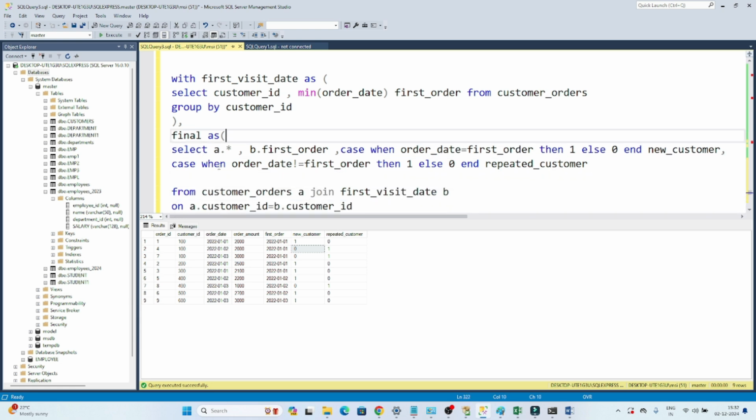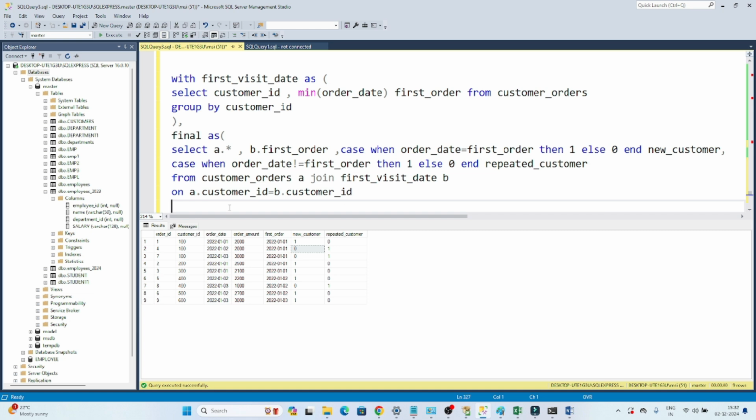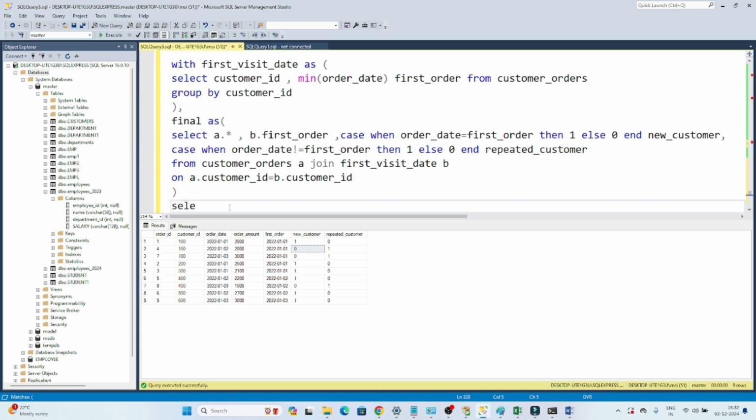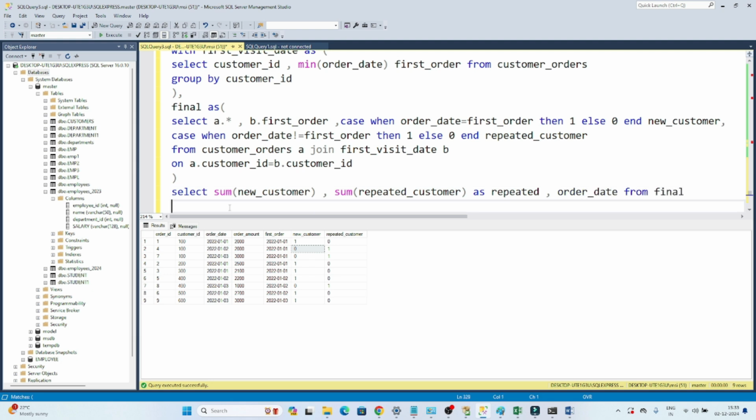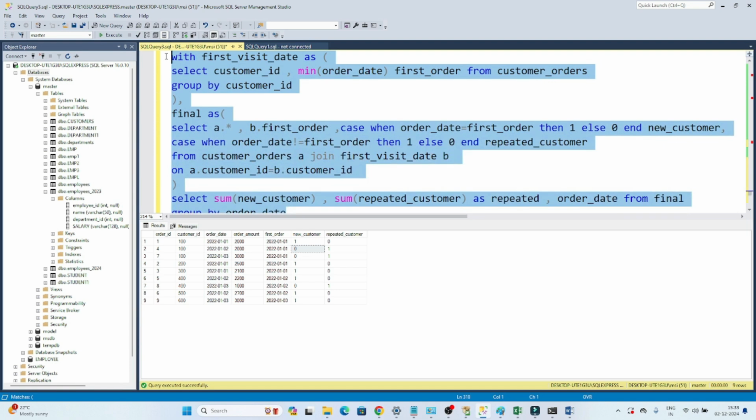In this aggregate query, we will write select sum of new customer, sum of repeated customer as repeated, and we will group based on the order date, from final, group by order date. If I execute this query,